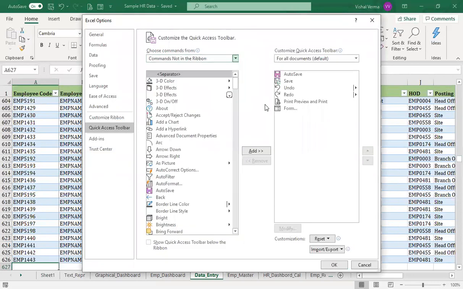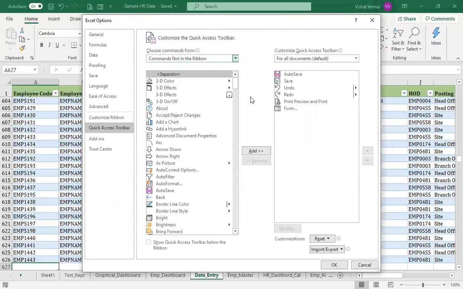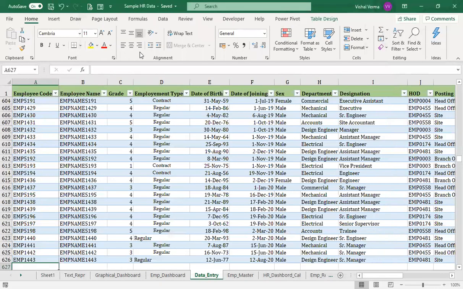If you select that, you will find an option called Forms. As I have already installed it, it will not be visible here, but you just need to add it, and you can see that the form is there. So this data form is the format for that, and it will be there in your customized ribbon access.